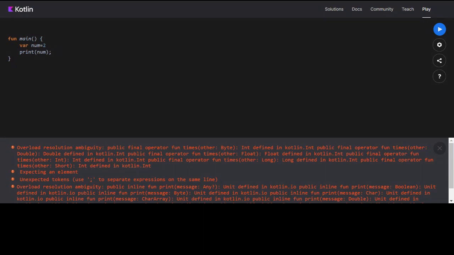Map iterates through all the elements of the list, and you can do whatever you want with that.